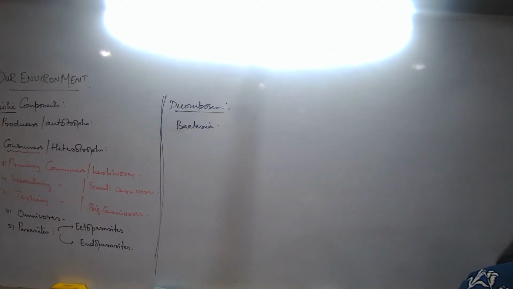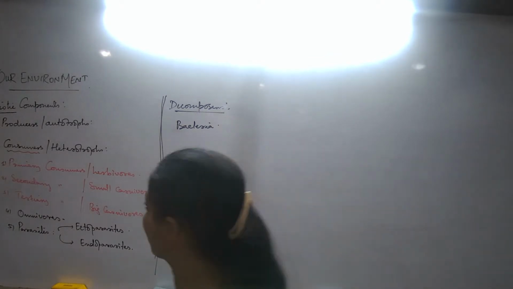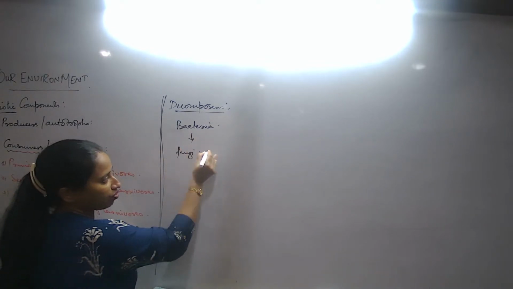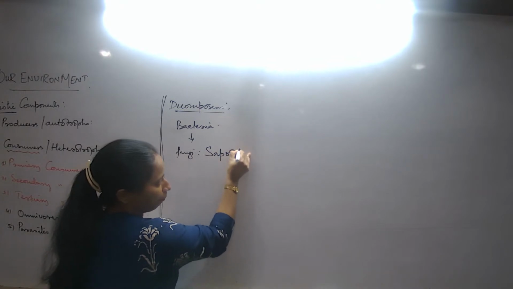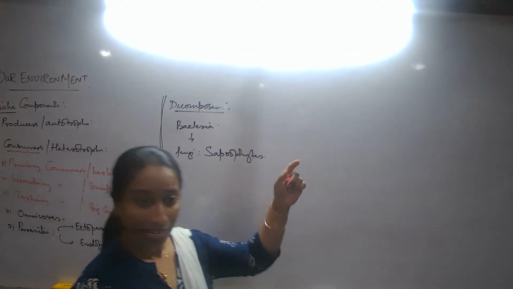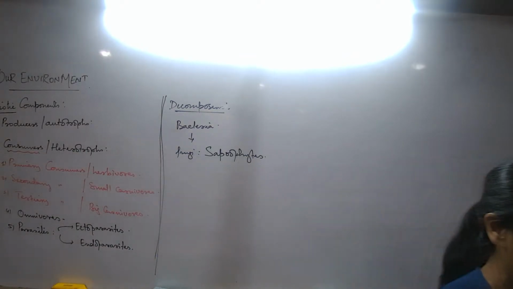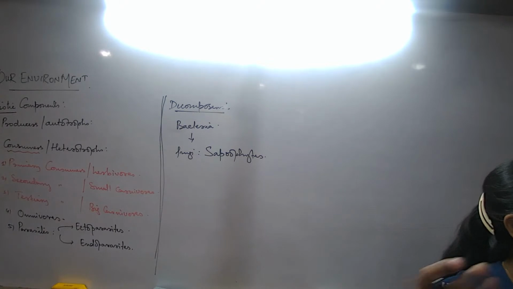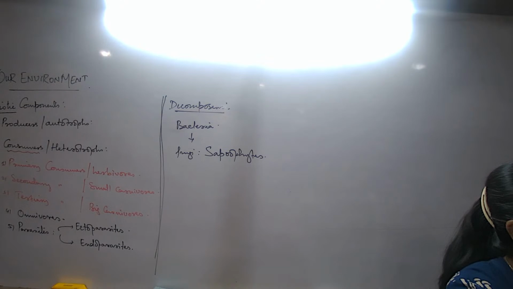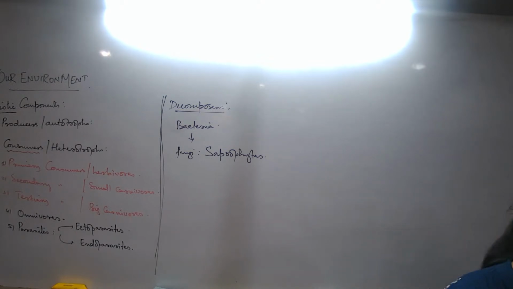But now, what is the relation of bacteria with that of the fungi here? How are fungi associated here? These fungi are known as saprophytes. And what is the difference between saprophytes and decomposers? Now that the process of decomposition is happening, enough of cooking of food is going on, the fungal spores will start developing there. Now the fungal spores start developing and flourishing, and enough of fungal growth. Did the fungus help in the process of decomposition? Not at all. But the fungus has just absorbed the soluble nutrients and they themselves have grown.